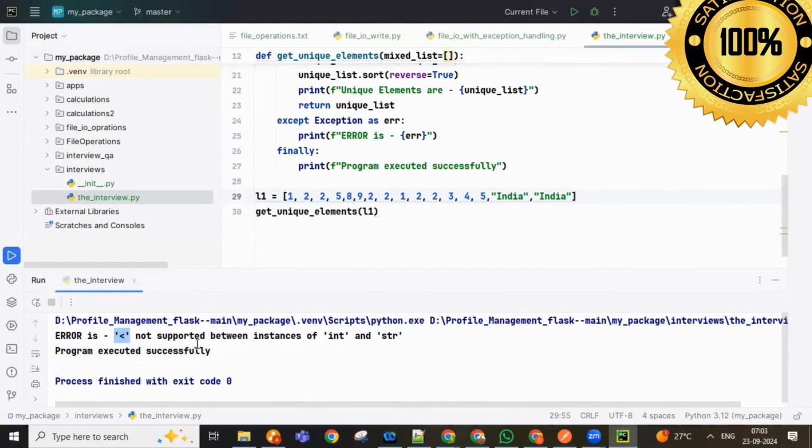The problem in this is that you are doing reverse, right? So if you don't do this, the problem happened, but still, how did it handle it actually? It handled nicely, right? See, the error is shown and your program executed successfully only. Did you see it? And it also captured the error: less than cannot support between integer and string. Why? Because we are doing